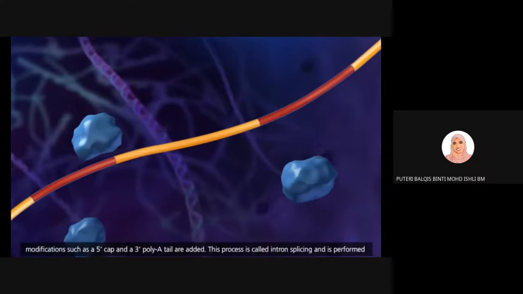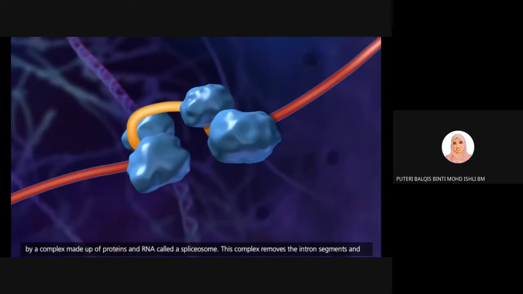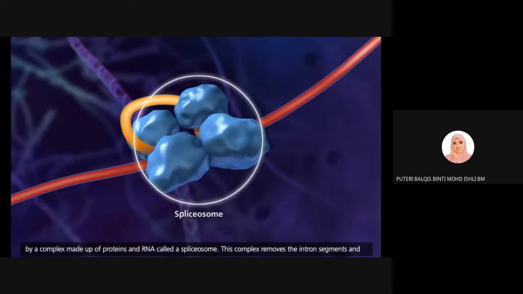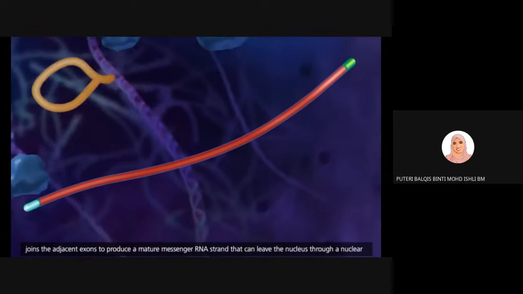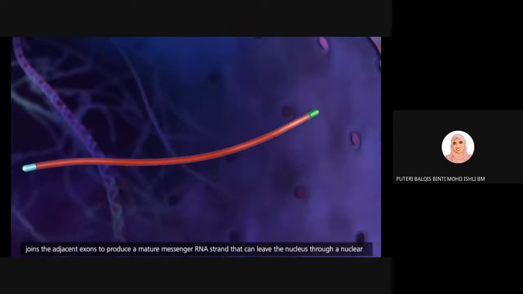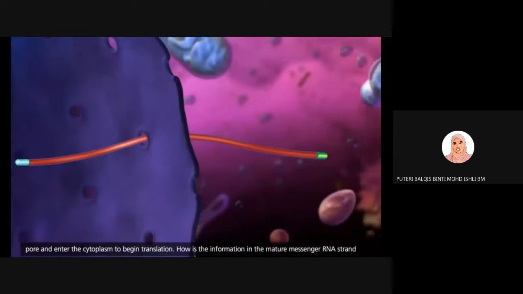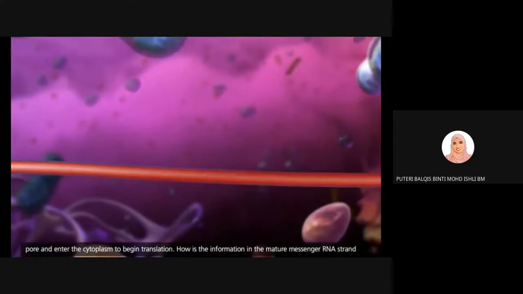So this is spliceosome. Spliceosome will buang, it will remove the intron, and we only have mRNA that has exon, the coding region. Then the mRNA will exit the nucleus through nuclear pore, and then it will go to the cytoplasm for the